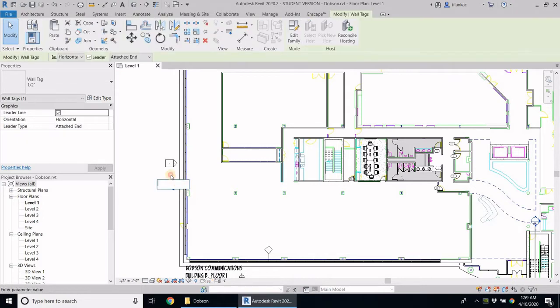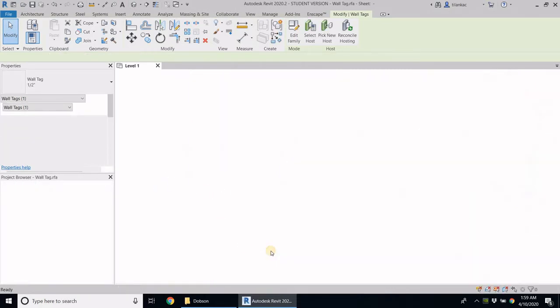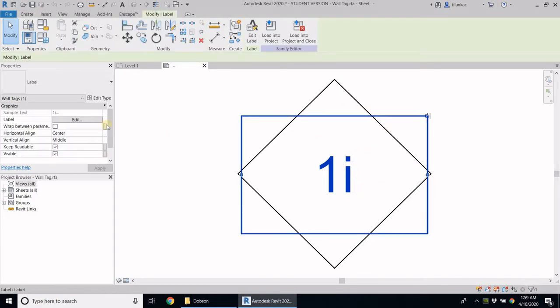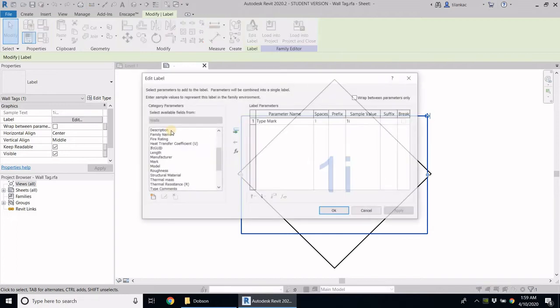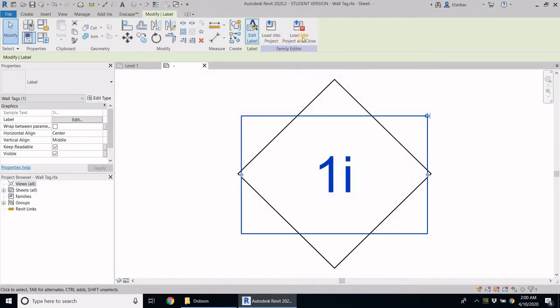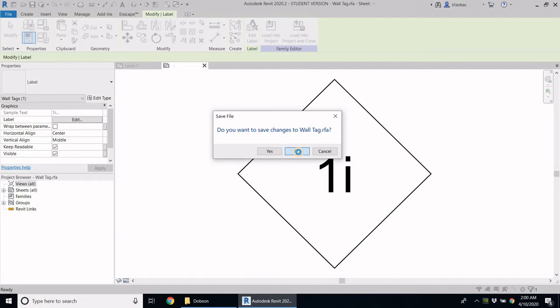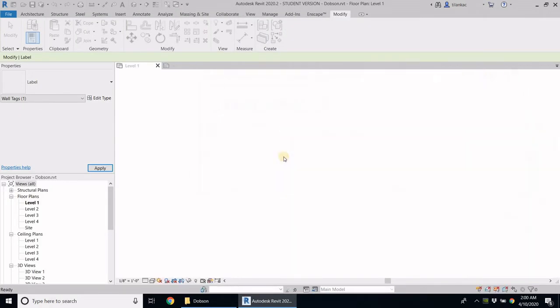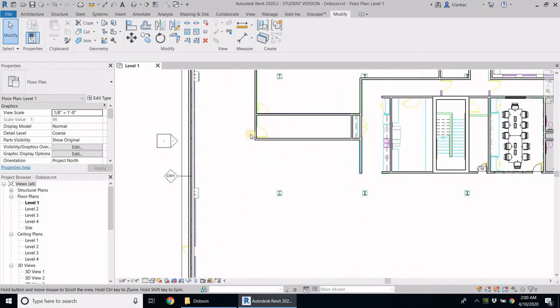So double click on the tag, which opens it up in the family editor. Select the label and go to edit and remove the type mark that's here by clicking the red arrow and find the mark. There we go, and say OK, and then load into project and close. I'm not going to save it. I'm going to say no, and I'm going to say override existing versions,